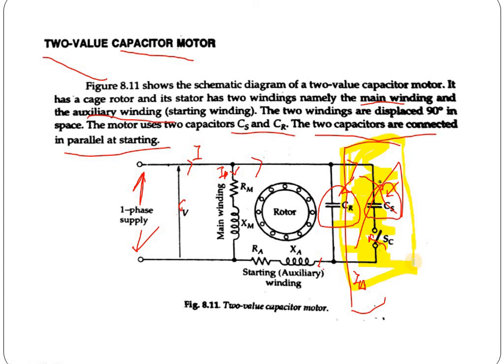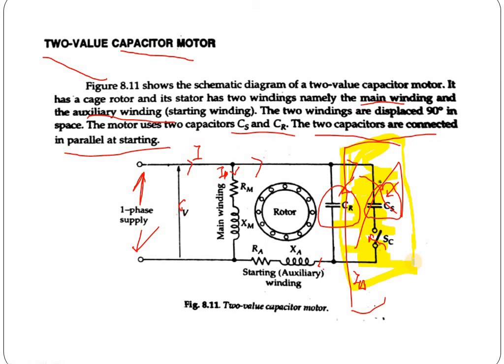Also, the phase difference of the main winding and auxiliary winding will always be 90 degrees because of the capacitor effect, and the value of the capacitor will be high, so that the XC value is low, and throughout